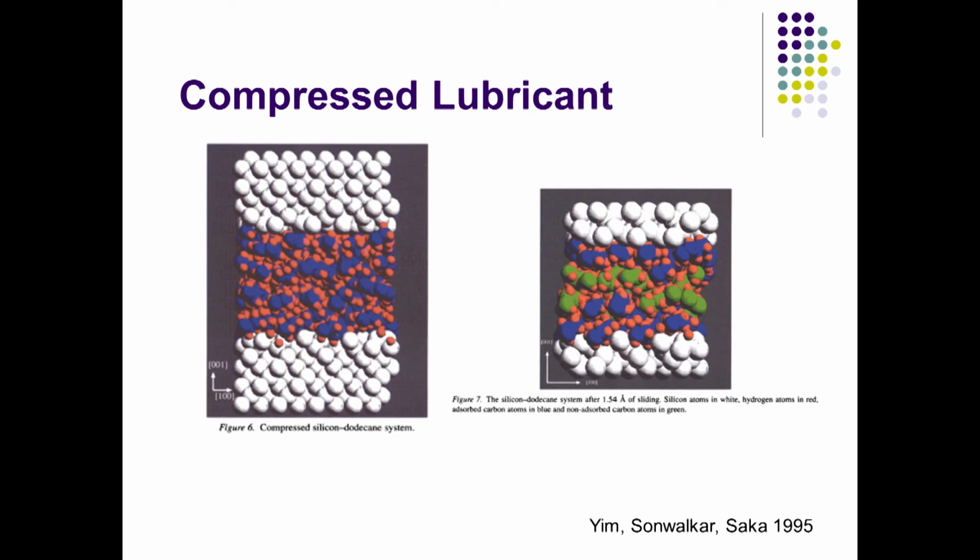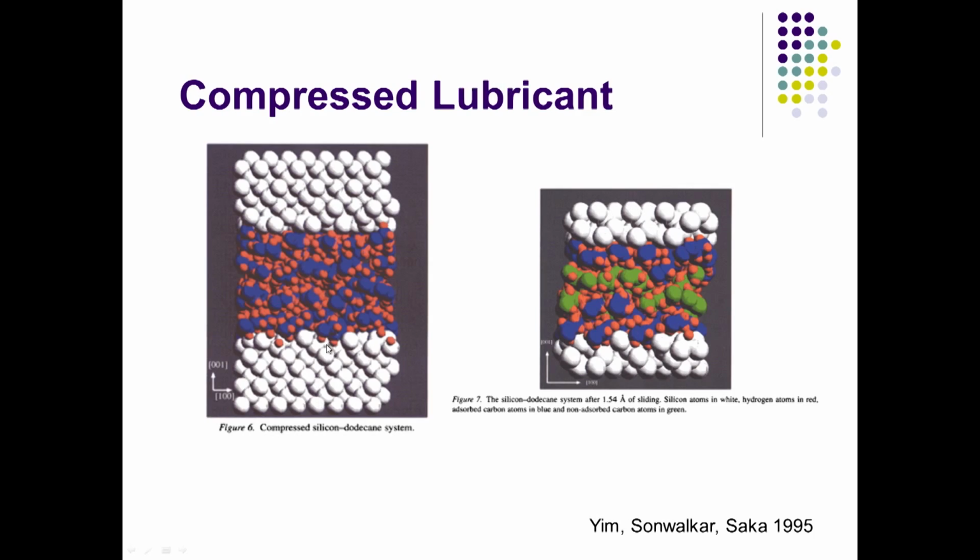And then if you look at this particular model, in this case we are now doing compression of the lubricant as well as shear of the lubricant. In this case there is one layer on top, which is silicon, and another layer at the bottom of silicon. In between we have a hydrocarbon chain. So, this is the interface model. If you look, there are two interfaces, one at the top and another at the bottom. Once we push it down, we want to understand what happens, and also when we shear it, we want to know what happens there.